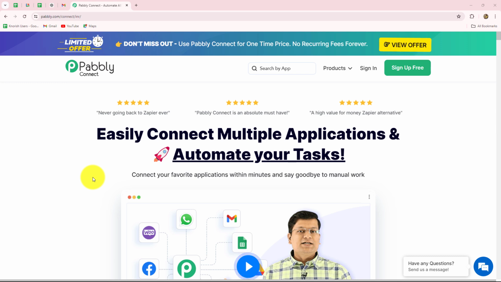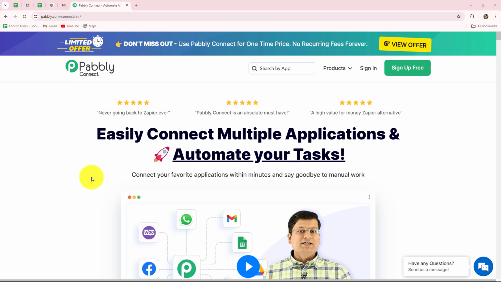As I told you, I have created all these automations which I'm going to show you today with the help of Pabbly Connect. So Pabbly Connect is an amazing automation and integration software which helps us to set up connections between different applications and to automate all our repetitive tasks without the requirement of any coding and programming skills. So I'm going to show you the top 5 automations to build an amazing CRM system with the help of Pabbly Connect. For that, this is the homepage of Pabbly Connect where we can reach by tapping the URL pabbly.com/connect